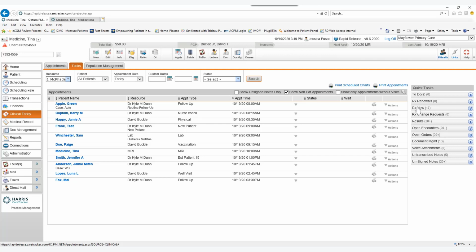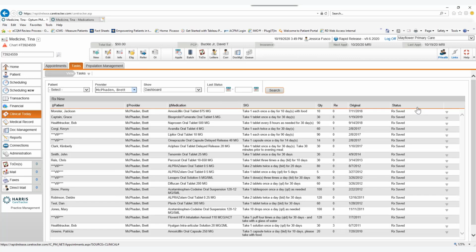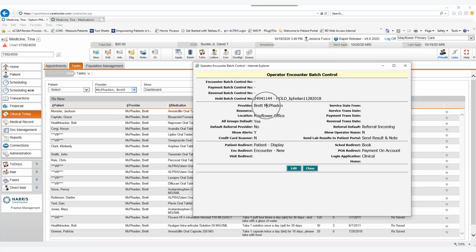Anytime a prescription is recorded and not sent, or maybe not printed, it's going to show up underneath your RX new. This is so that the provider can review it before they send it electronically, or if they reject it, maybe they don't want to see it. Based off of my batch, I now see Brett McFadden, who is in my batch. So again, my batch is here, and it's who my provider is that I selected here